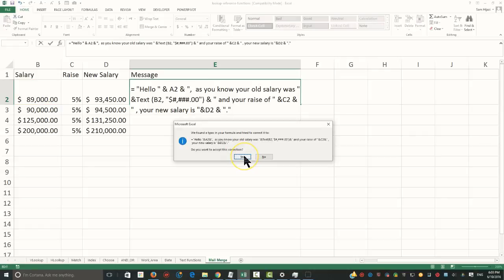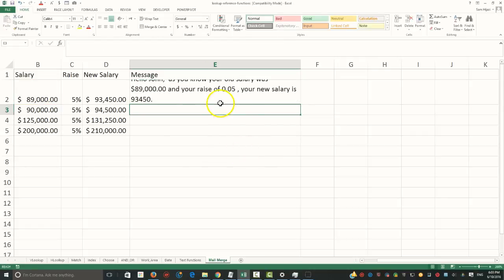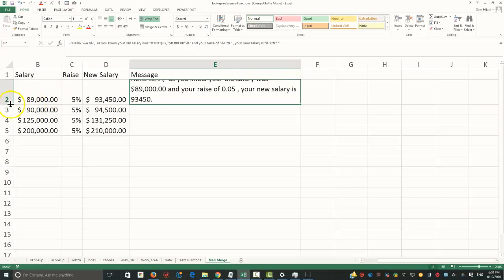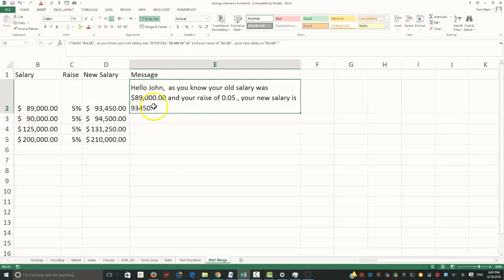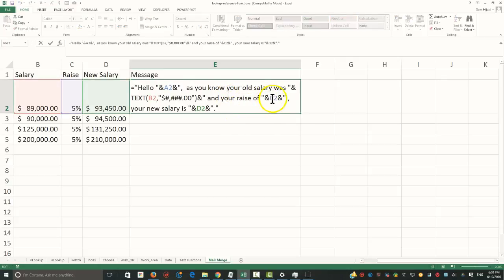Where is the mistake I made here? No big deal. There was a miss. Go ahead and make it a little bit larger. We'll be able to see it. Look here. The $89,000 was formatted correctly. The same thing, I could go ahead and format the 5% as a percentage. I'm going to go ahead and make it